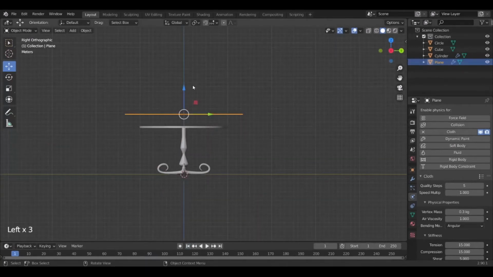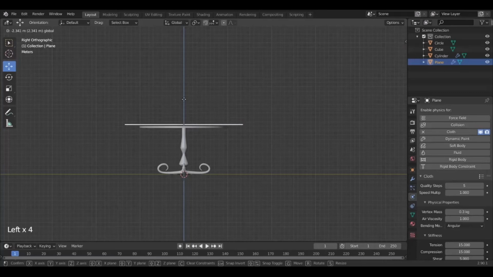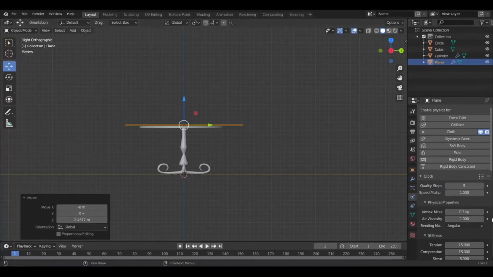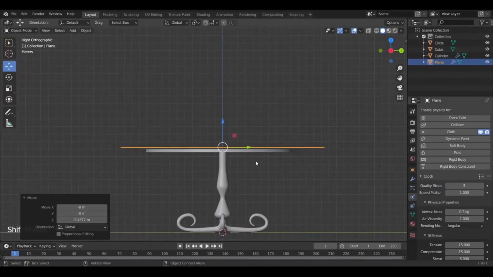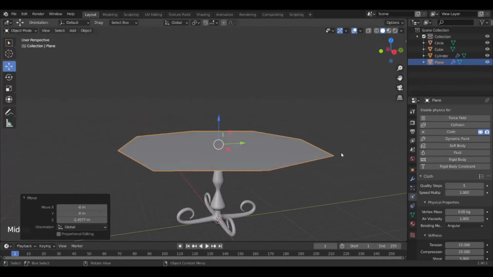We can also move this plane down so it's a little bit closer to the table, so it doesn't have to drop quite as far. And then something I like to do is in the vertex mass, I like to bring this down a bit lower, so like 0.1, but we can actually drop this to like 0.05. And what that is, it's basically the weight of each vertex in the plane. So if we drop that now,